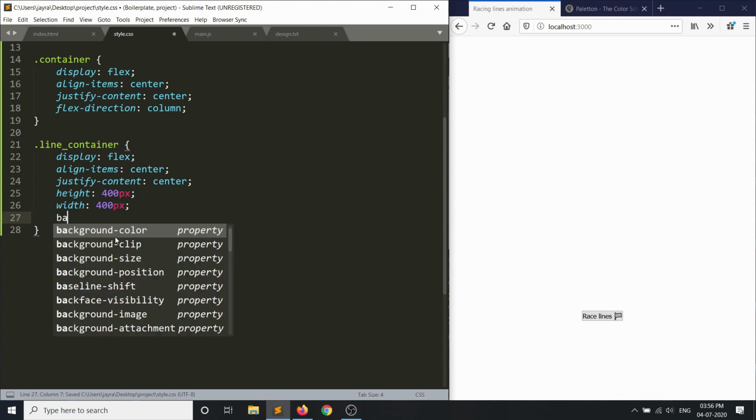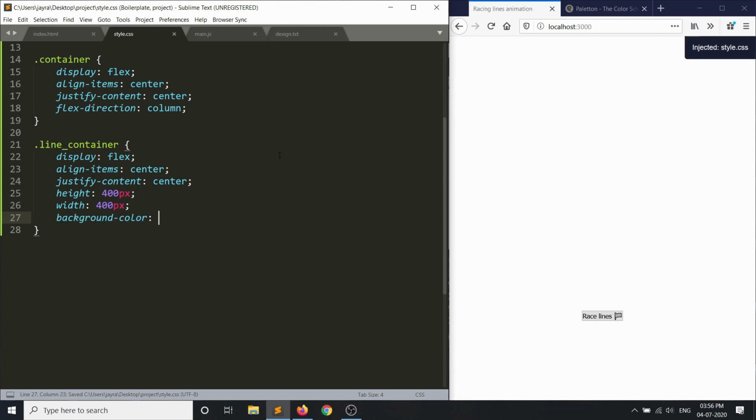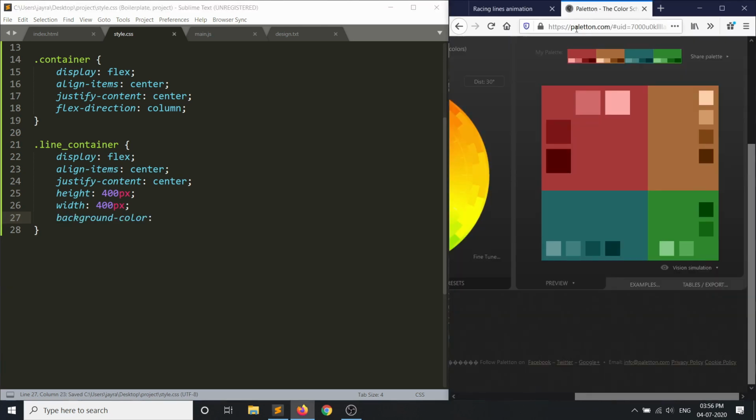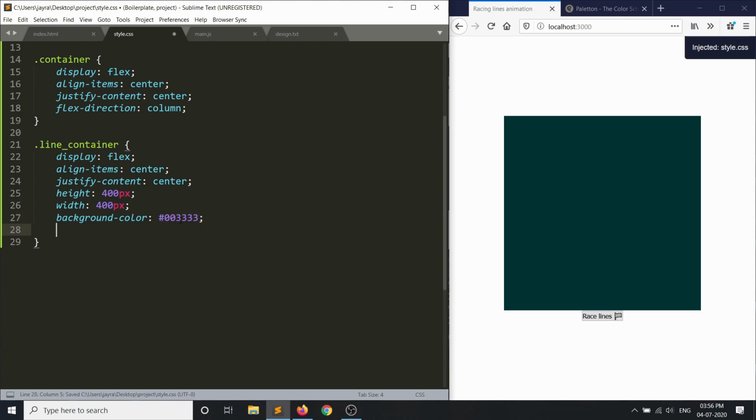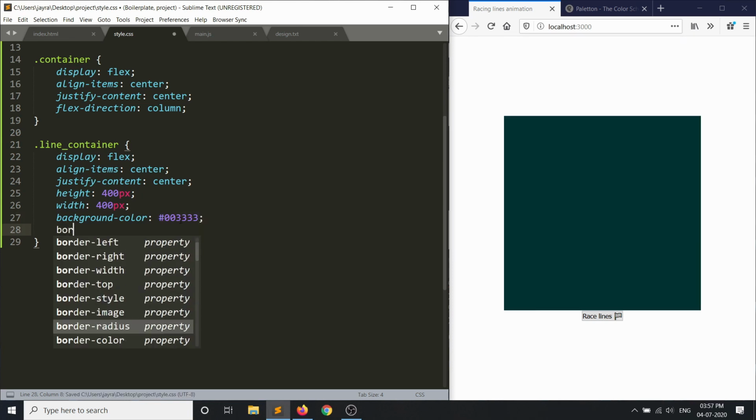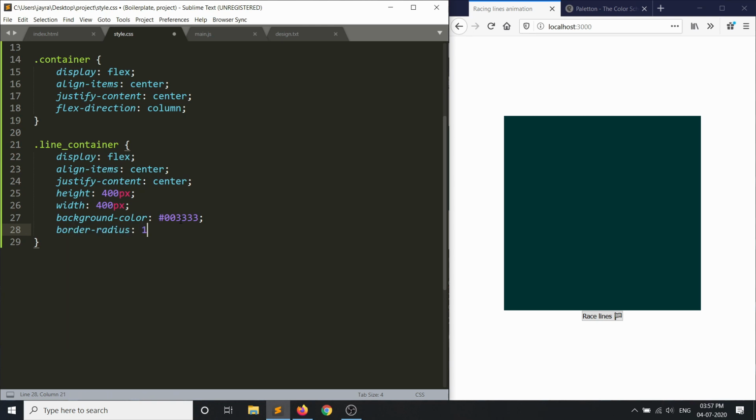Let's give it a background color, and this time let's pick the color from this website called Peloton. So it's 003333. Let's give that color hash 003333. Let's give it a bit of border radius, 10 pixel. Let's make it 20.